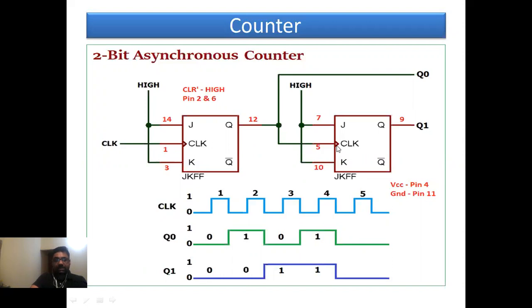So in that case, we are going to take the output from the first flip-flop and give it to the clock of the next flip-flop. So we are going to use IC 7473, the same IC, because it has 2 JK flip-flops. So it is a 2-bit asynchronous counter, so I require 2 flip-flops. And as I have already told you, it's a negative edge trigger clock. So when Q is connected to the clock, it will be an up counter. So we are connecting Q to the clock.